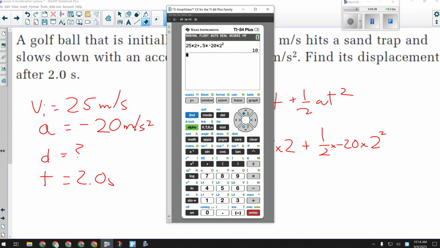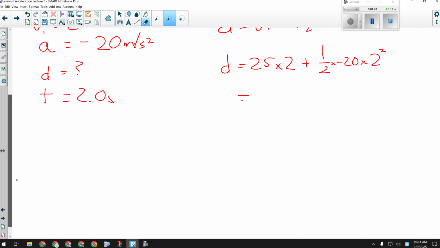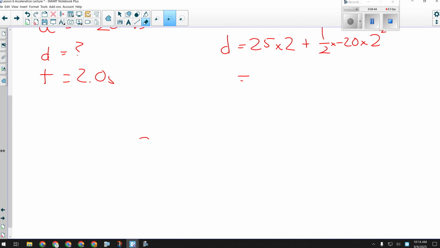We can all imagine a golf ball rolling forwards into a sand trap. I've never seen a golf ball roll backwards. Well, off the green, I guess, but we kind of got to go with the context of the question there. Everybody okay with that? All right, let's look at that formula just quickly here before I have you try and use it yourself. D equals VI times T plus 1/2 AT squared. All right, let's say I wanted to